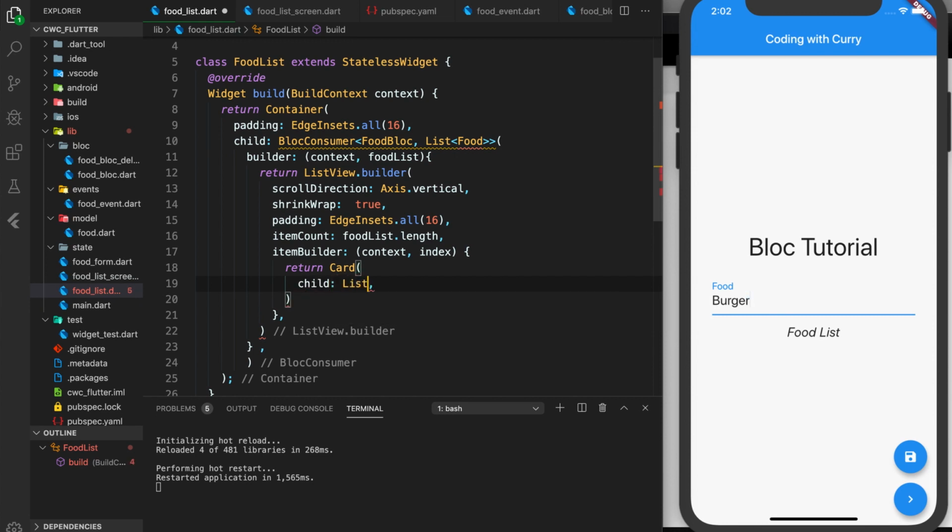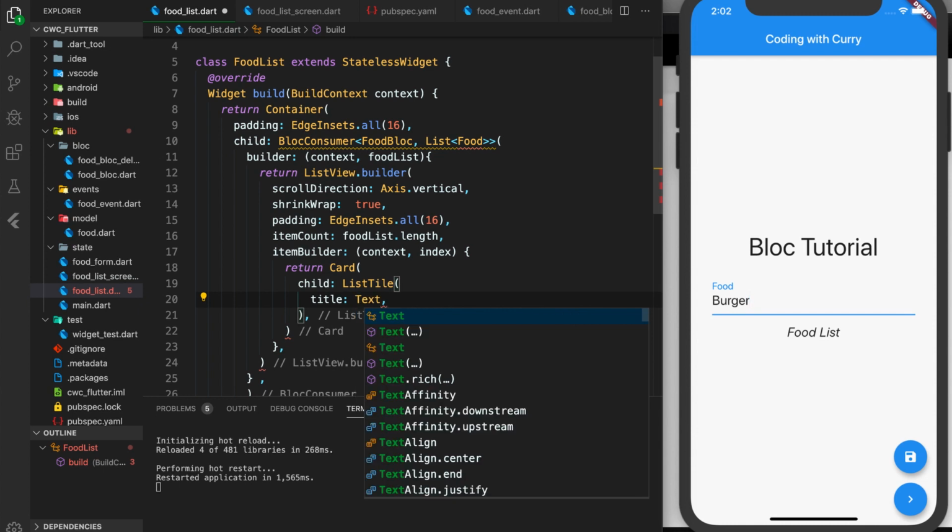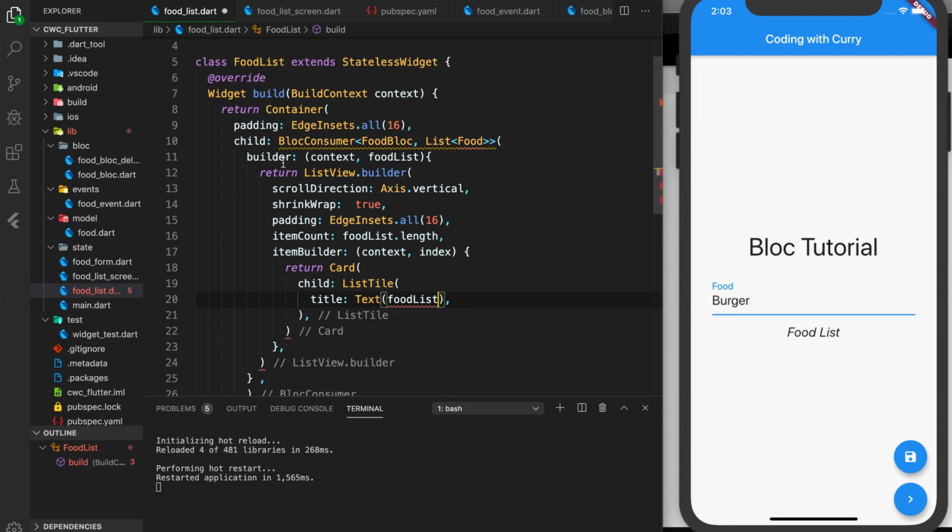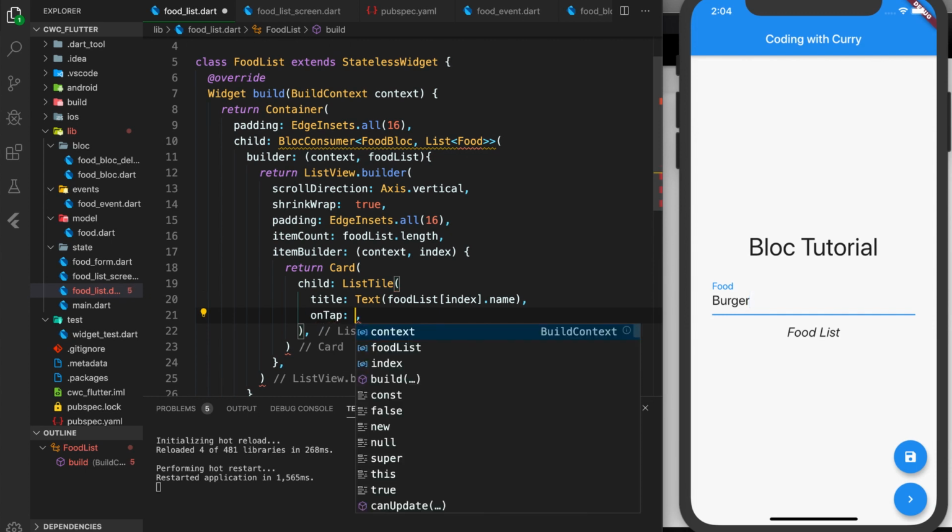It'll be list tile. Okay, and for the title is going to be a text. And the text is going to be the name of the food. So it'll be food list, the one that we pass in here. We also have the index from our item builder. So index dot name. So now I want to create an onTap function here. I'm going to make this pretty simple. When we tap the card, it's going to delete the food. So I'm going to say